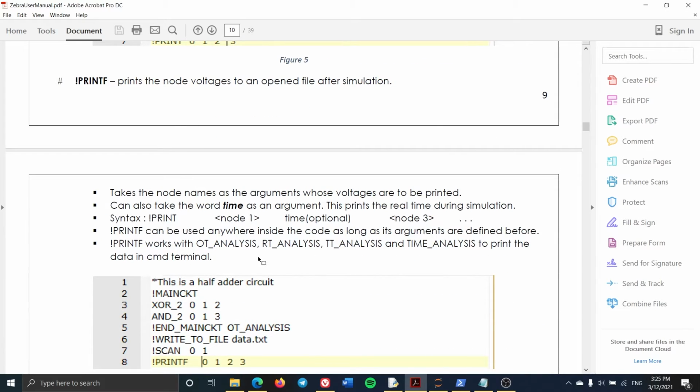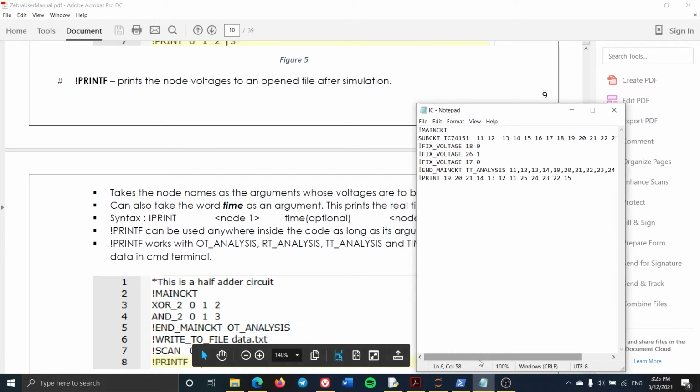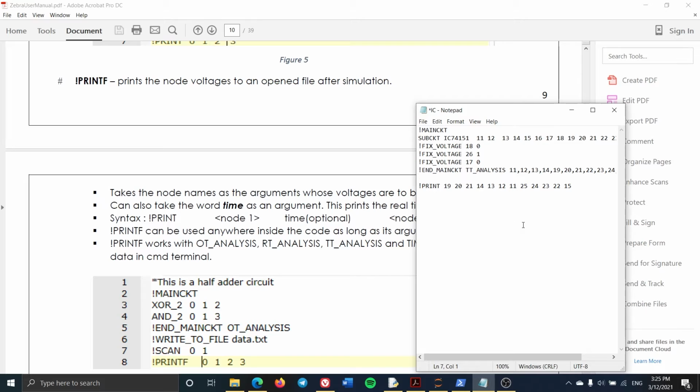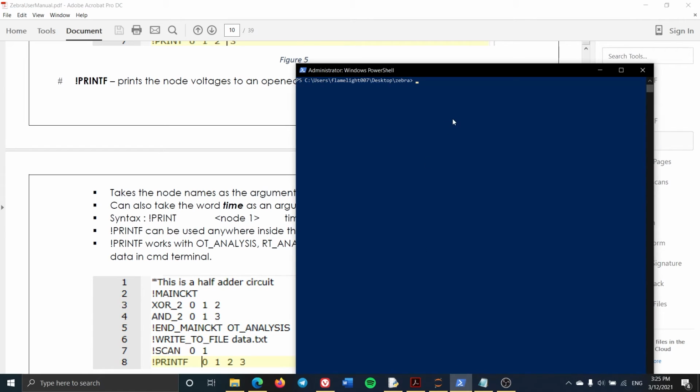So to demonstrate them, we will use the IC circuit that generated a very large output. So we will modify it with the write to file command followed by the file name. Let's say result dot dat, a data file, and modify this print to be the printf. Save this, run this,